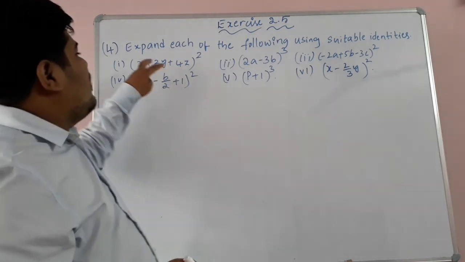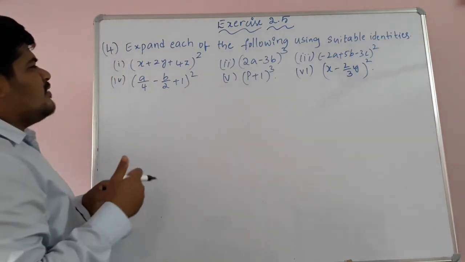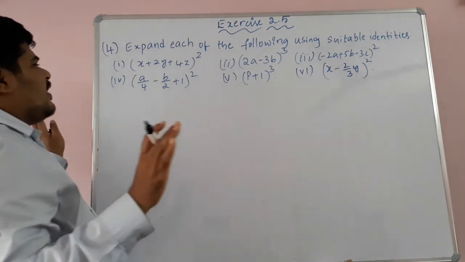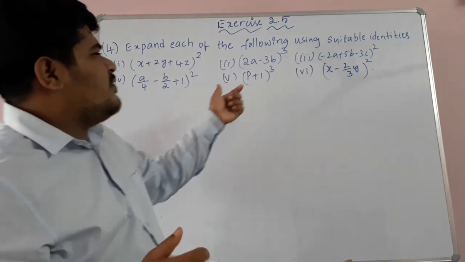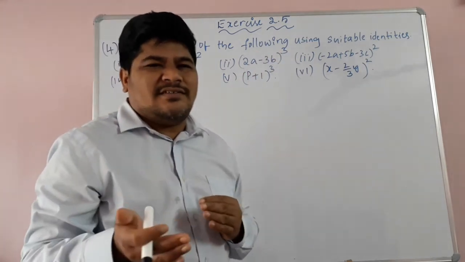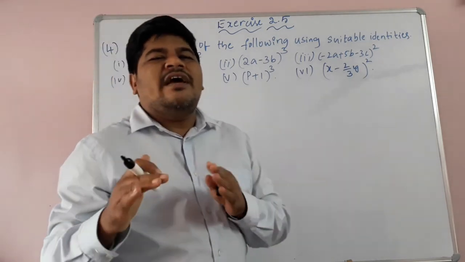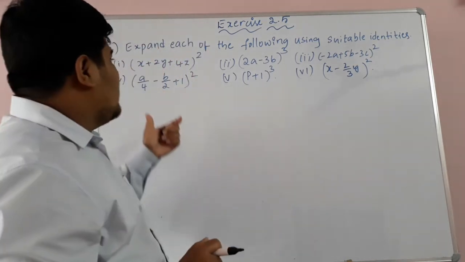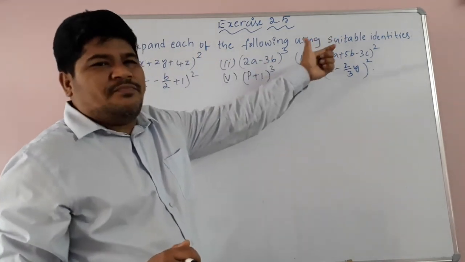And children, even first problem, third problem, fourth problem, these three expressions are in the same form. A plus b plus c whole square, or x plus y plus z whole square. Suppose, children, in the given question, if the terms of a and b are there, then you take the formula with terms x, y, z. If in the given question x, y, z terms are there, then you take the formula with a and b terms, because otherwise you may get confused. That's it, children. So first problem you can try, so that we can solve other questions which are in the same form.